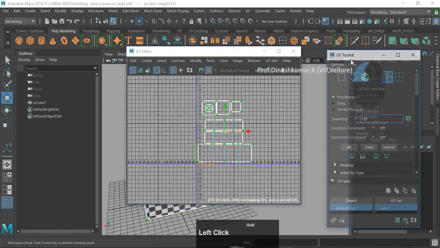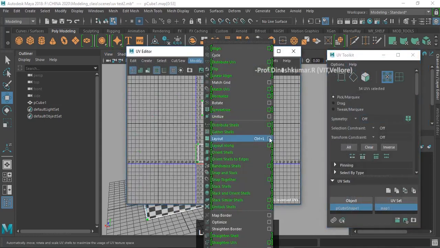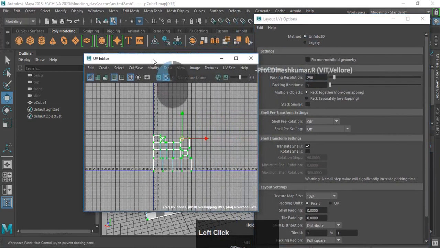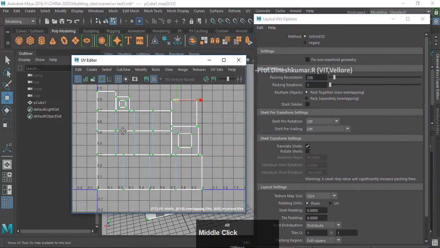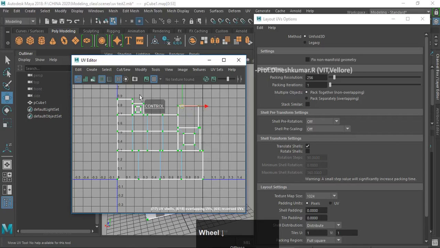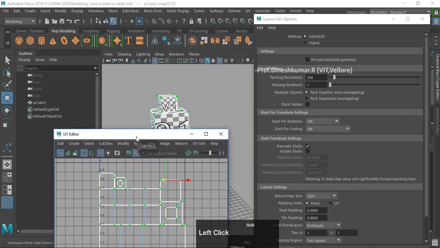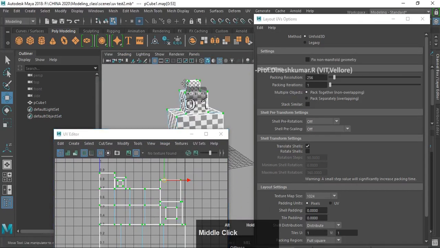Or you can come here, you can go to your modify again, layout option box, go to edit, reset. So just hit apply. You could see now the entire UVs were scaled down into equal parts and aligned here inside this 1 by 1 space. The reason why they prefer this 1 by 1 space is because we're given here it's 1 by 1